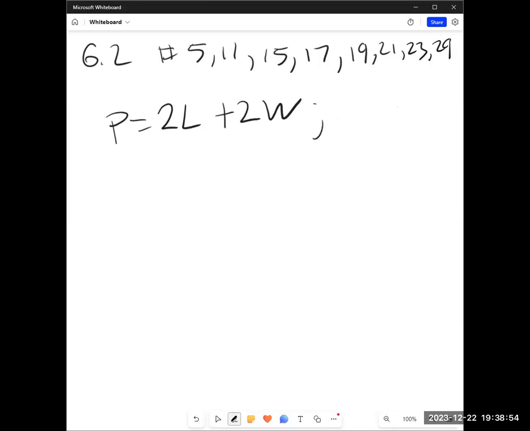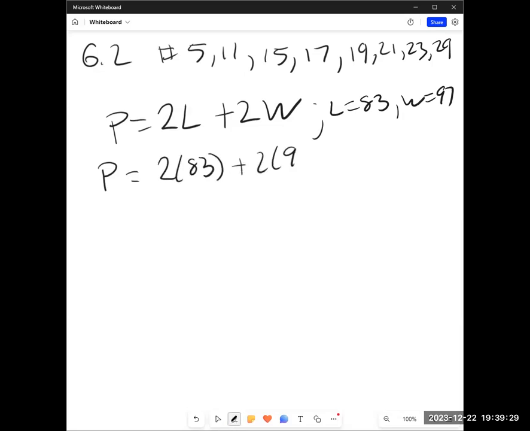They tell us that they want to evaluate this to find what P would equal when L is equal to 83 and W is equal to 97. That's a pretty big rectangle. If those are anything of significant size, if they're like millimeters, then it's not very big of a rectangle, but we don't have any units here to give us an idea of what these quantities represent. We just know those are some pretty significant numbers, that we're going to end up with a big